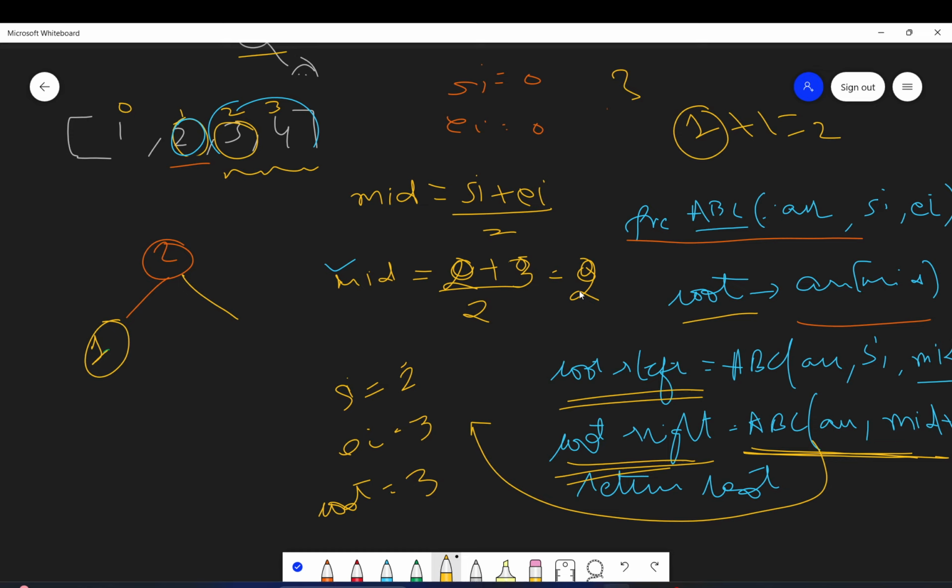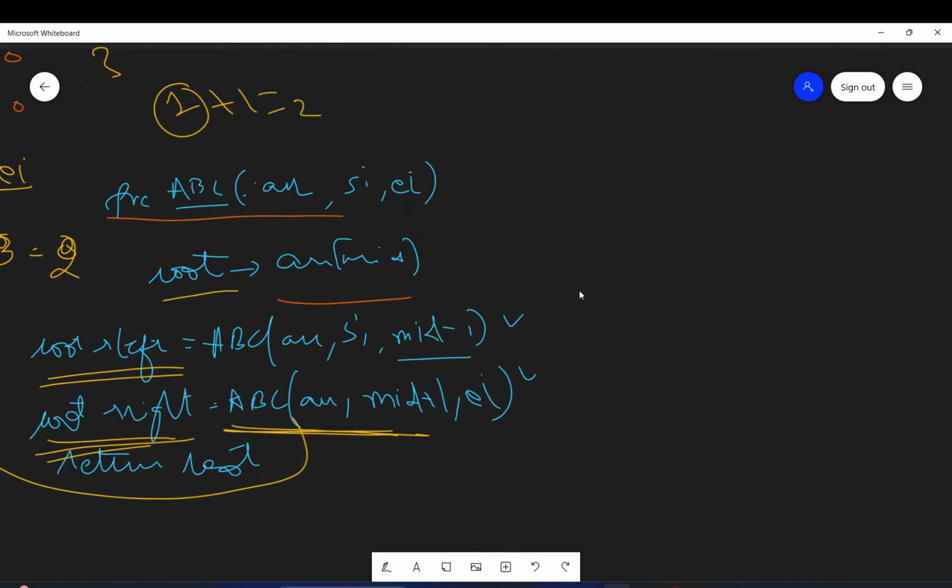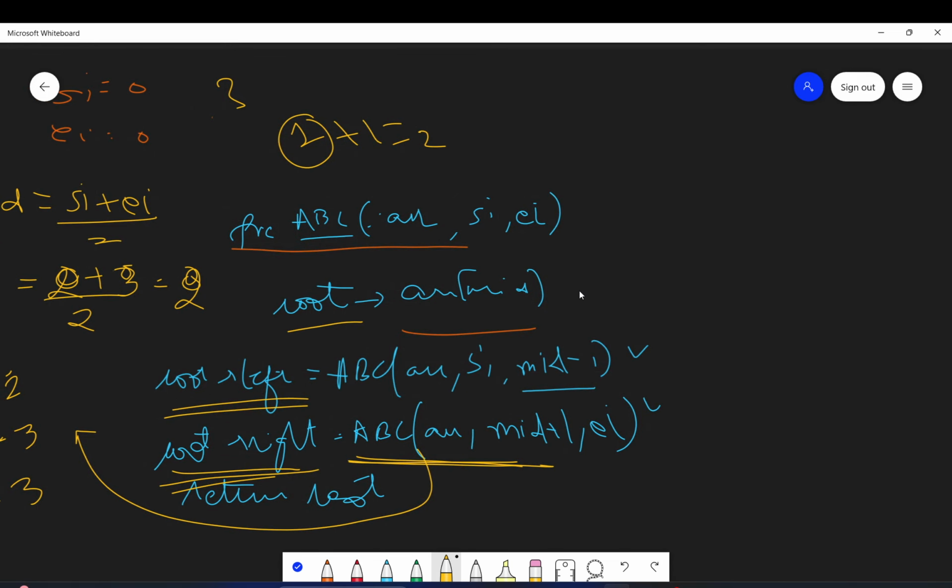You will have a base case. See, when we have this case wherein we have starting index as 2 and ending index as 3, in that case your left recursive call will become starting index as 2 but ending index as mid minus 1. Mid was 2, right? So ending index will be 1.